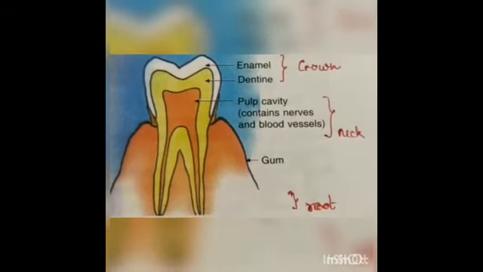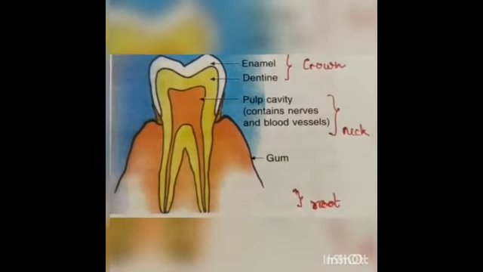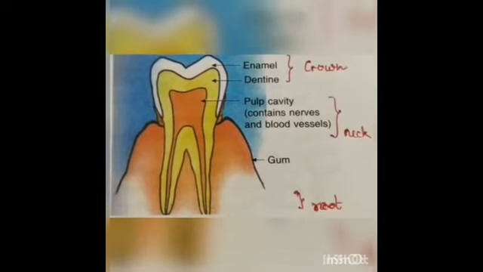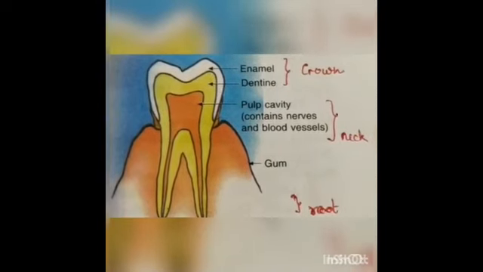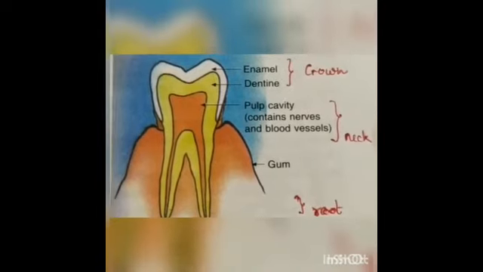Hello students, in the last lecture we have studied about the various types of teeth, the four types of teeth which are present in our mouth. In this lecture I am going to tell you about the various parts of a tooth and what is tooth